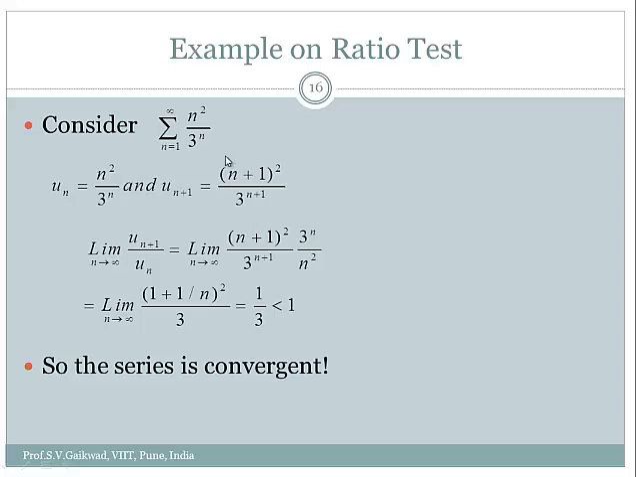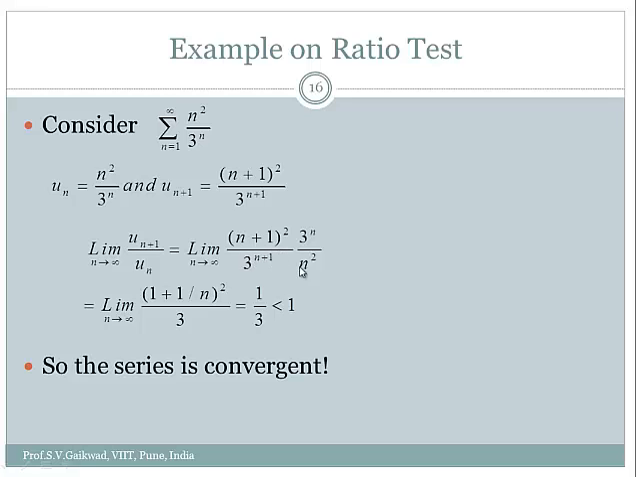I will solve this one example here: n square upon 3 raised to n. un is n square upon 3 raised to n, and un plus 1 is (n plus 1) square upon 3 raised to n plus 1. Just replace n by n plus 1. And if you find the ratio, you are getting